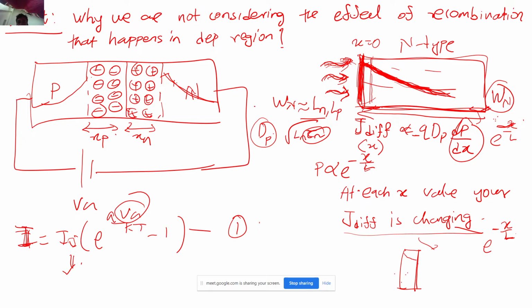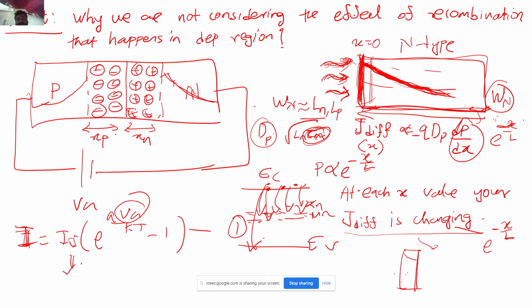Now coming to this lifetime of the carrier, this depends on how pure your semiconductor actually is. You must have heard of those concepts of traps, right? Let's say you have EC and you have EV. Because of the defects, your silicon is not pure. You have introduced some levels over here, let's say zinc or manganese. When the semiconductor is not pure, you are allowing the electrons to get trapped into these levels. So the probability that these electrons get trapped is higher as compared to the electrons recombining with this EV. So you are actually helping the recombination process, correct?